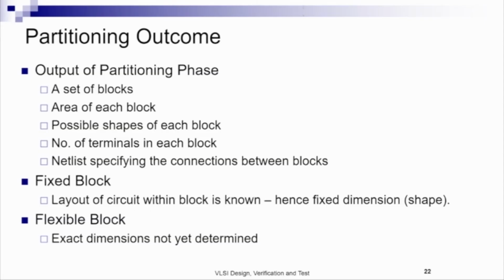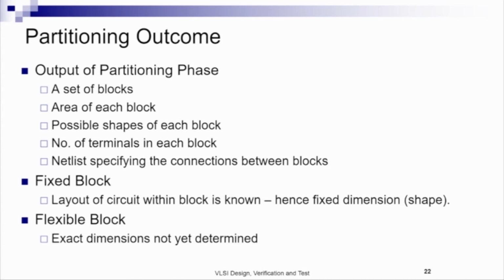At the output of the partitioning phase, we have a set of blocks defined because we have divided the circuit into a set of sub-circuits, each being called a block here. We know the area of the block. We at least have an estimate of the area of the block because we know the circuit components that will go inside a block and how they will be interconnected. We also know the possible shapes of each block and the number of terminals in each block